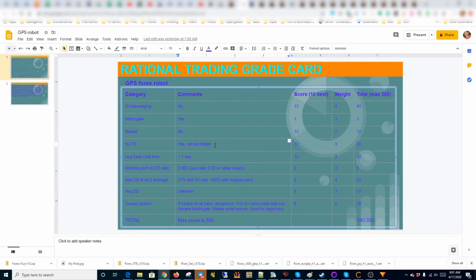There are times, even as recently as early 2019, there was a flash crash, and there have been others, where the price goes down or up very rapidly, usually down on a pair. And if you don't have your stop loss at the broker, the chances that you will be able to communicate that stop loss to the broker when the broker's servers are getting thrashed by lots of activity during a flash crash